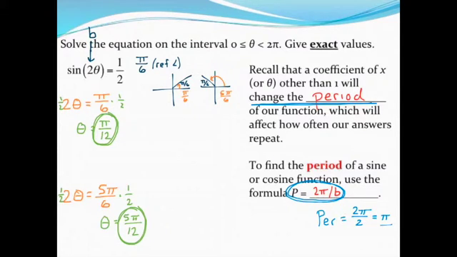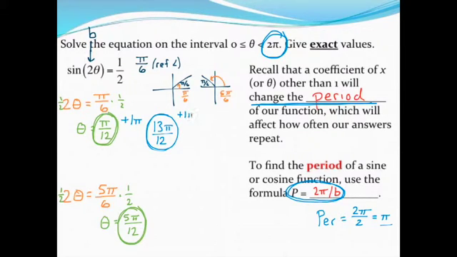From those two answers I circled, I'm going to start adding 1 pi to them. You may want to use a calculator if you're not good with adding fractions. If you take pi over 12 and add 1 pi to it, that comes out to be 13 pi over 12. We're going to keep doing this as long as we get numbers that are less than 2 pi. So 13 pi over 12 is less than 2 pi. If I add 1 pi again,